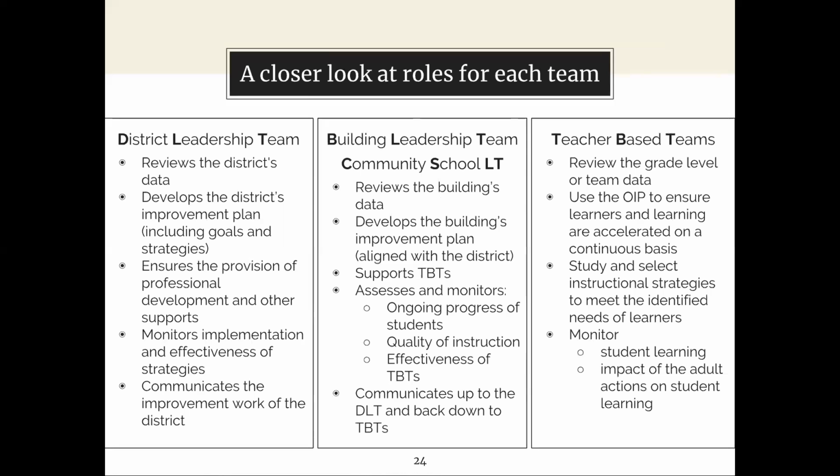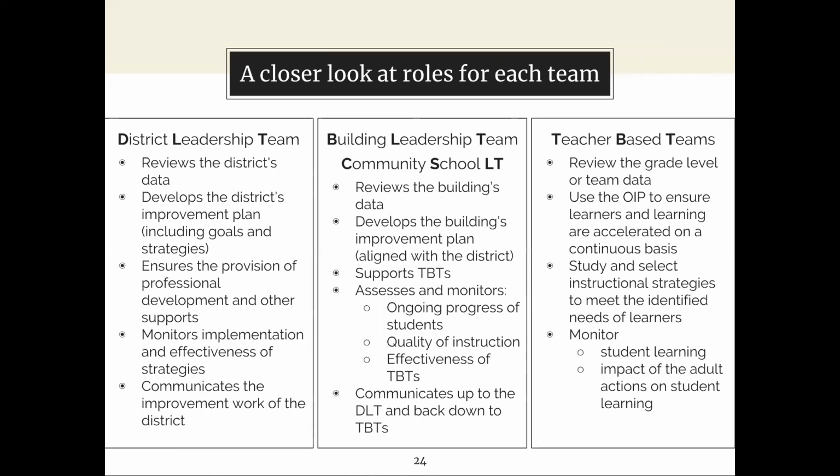The Building Leadership Team, or Community School Leadership Team, is responsible for reviewing the building's data, developing the building's improvement plan, which again aligns to the district's plan, supporting teacher-based teams, assessing and monitoring the ongoing progress of students, quality of instruction and effectiveness of teacher-based teams, and communicating information up to the DLT and then back down to the